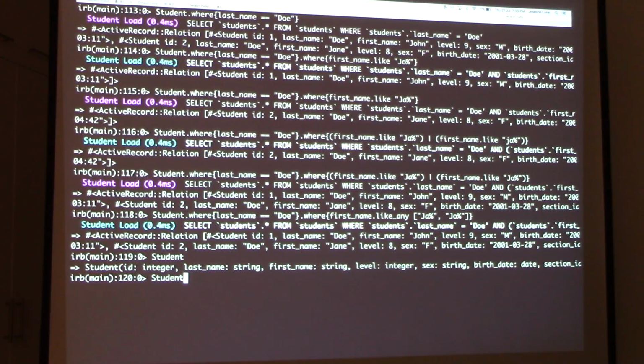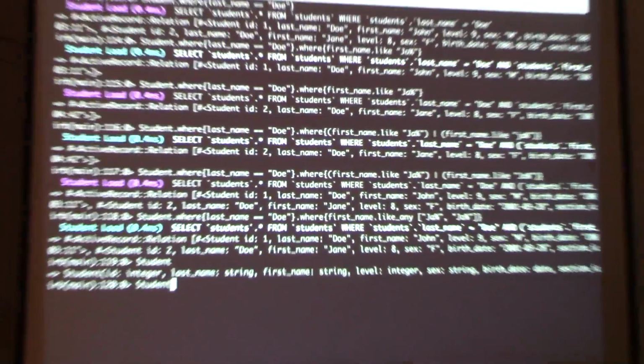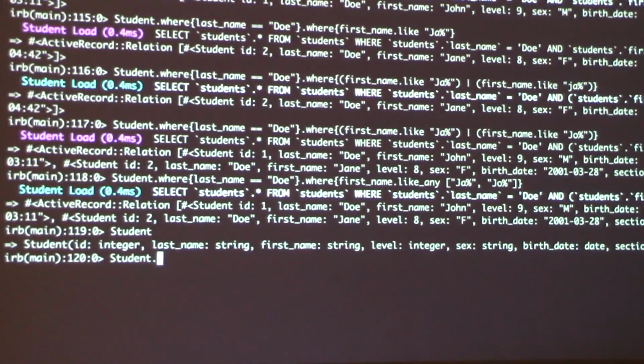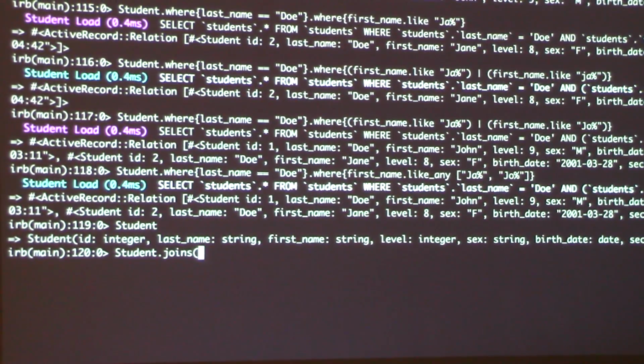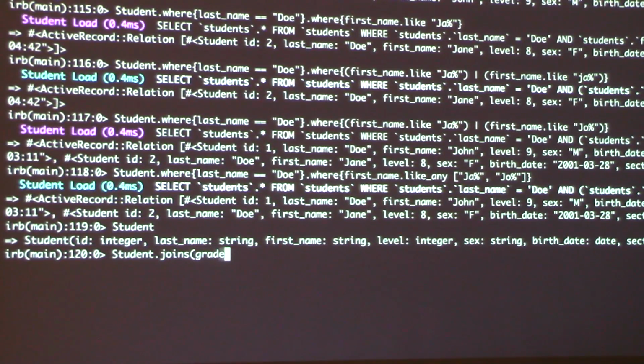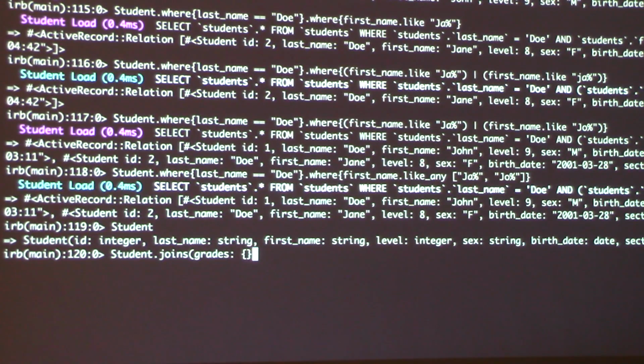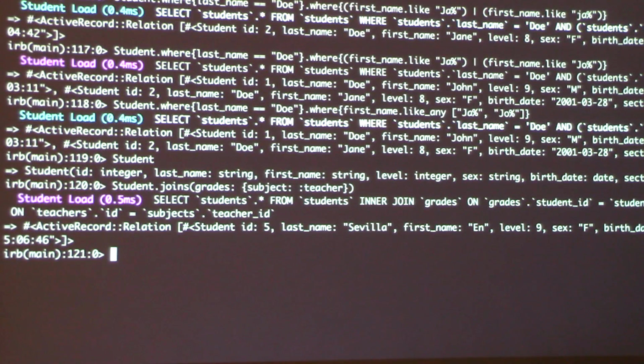So now you want to get the relationship. So you want to do a join. So for example, joins. Traditionally, your join would be, for example, grades would have a subject, and each subject has a teacher. Okay. So there, you have a relationship there.